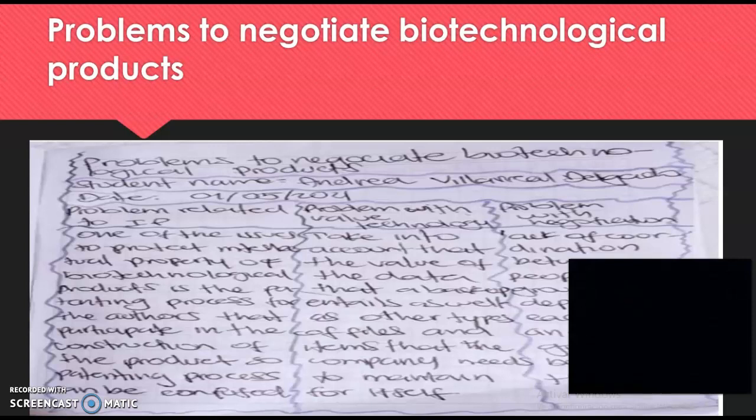What are the problems to negotiate biotechnological products? The problem related to the intellectual property. One of the issues to protect intellectual property of biotechnical products is the patenting process for the authors that participate in the construction of the products. So the patenting process can be a little confusing because not all authors participate in all the stages of the development